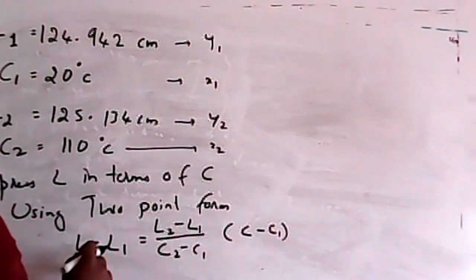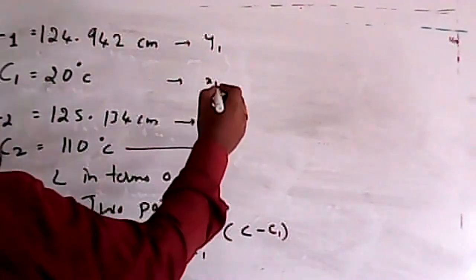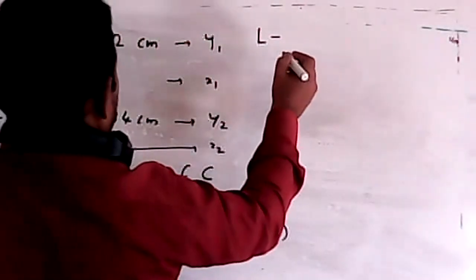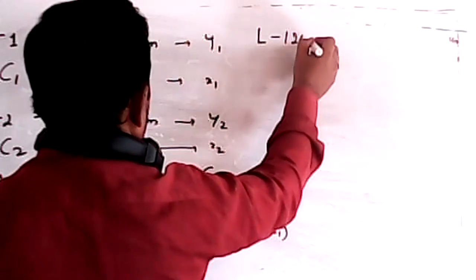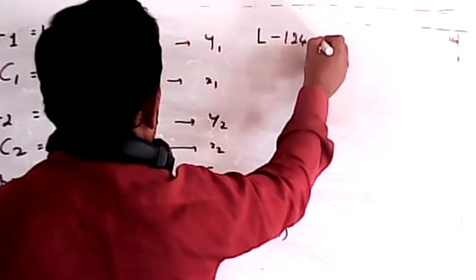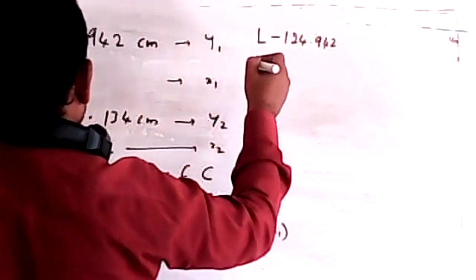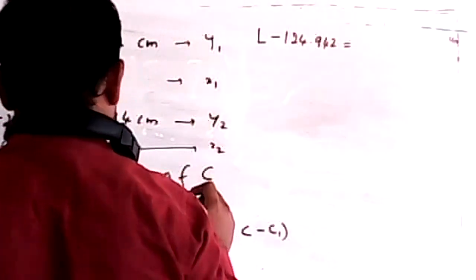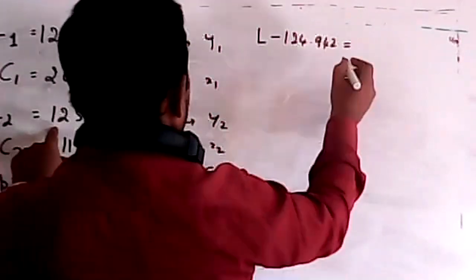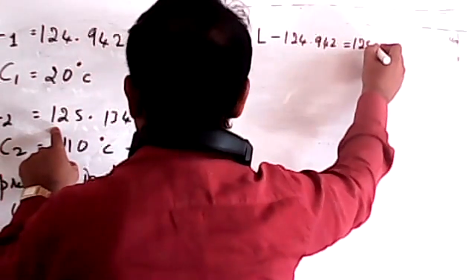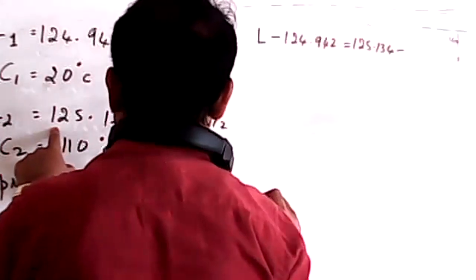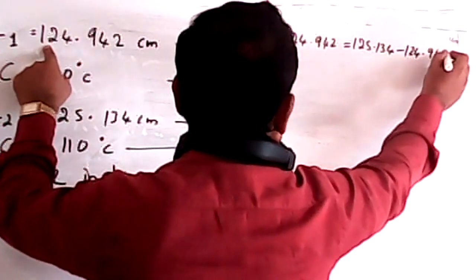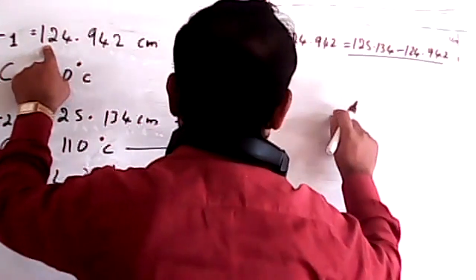So L minus L1: L we don't know, but L1 is known to us. L1 is 124.942. Again, L minus L1 is equal to L2 minus L1. L2 is 125.134 and L1 is given as 124.942, divided by